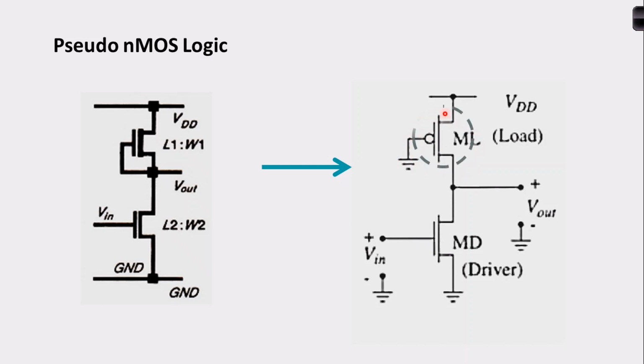When it is turned on all the time, suppose we have a capacitor at the output, this capacitor will be pre-charged to VDD. Suppose your VDD is 3.3 volts, then it will be charged to 3.3 volts. If it is 5 volts, then it will be pre-charged to 5 volts. Since this is derived from our NMOS logic with little changes made to it, hence the name pseudo NMOS logic.